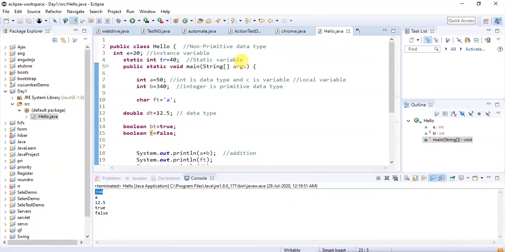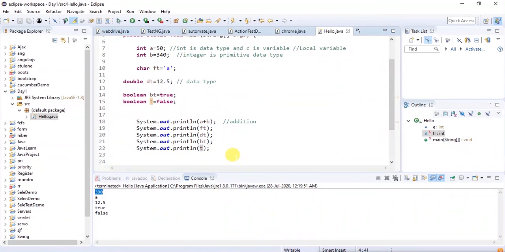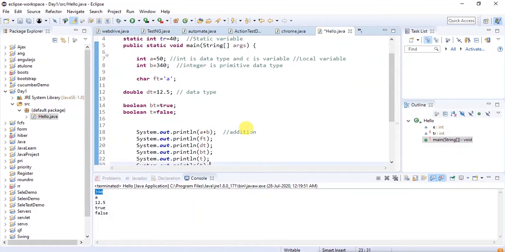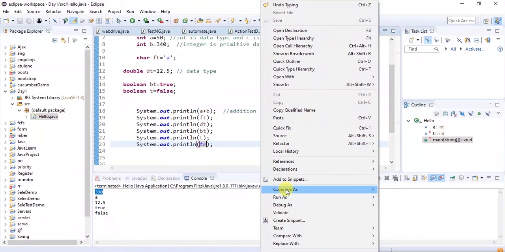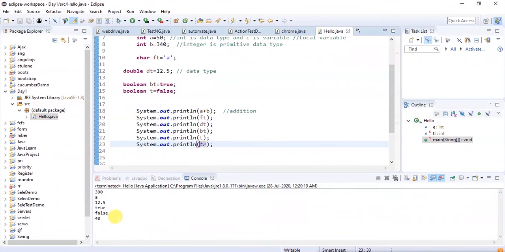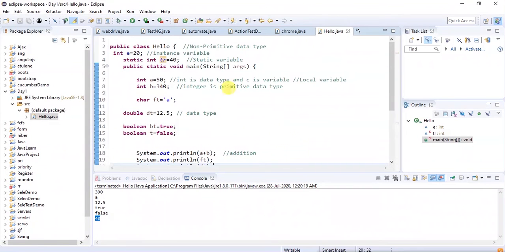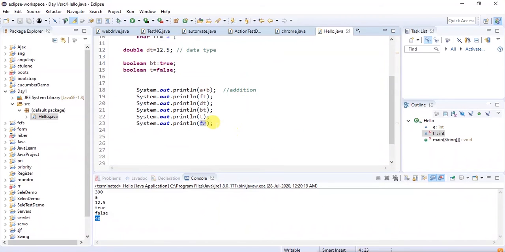Now if you want to print the static variable, there are two ways. One is our normal approach. Simply use tr, and this will print our static variable. So we have 40. This is a static variable. We have another approach also.